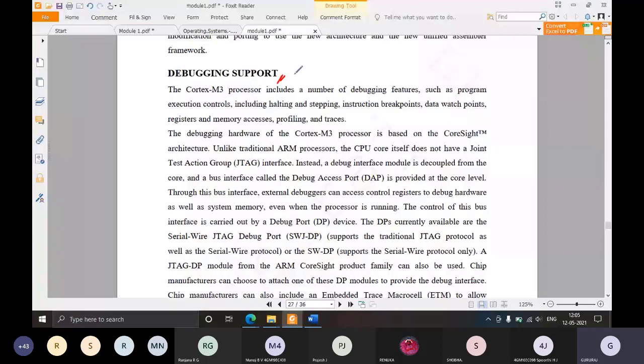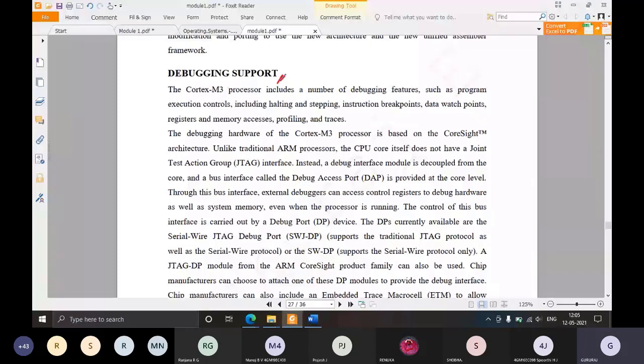It is just like a microscope into the core of the microprocessor. Using this microscope, you can see individual contents of the registers, of the memory, of the intermediate results. So what is happening? What is going wrong? If something is going wrong, then you can go and correct it. For that you require debugging support.